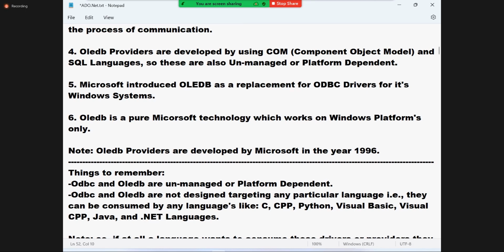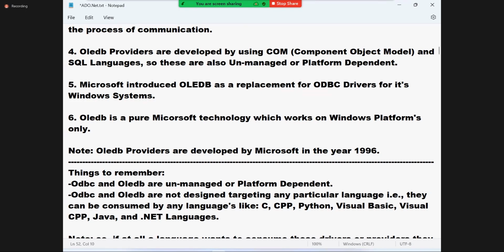Already I showed you, it can. But are ODBC drivers designed targeting VB? Tell me fast. No, they are designed targeting any language, anyone can use. They did not design targeting which language? Visual Basic. Because they did not design targeting Visual Basic,